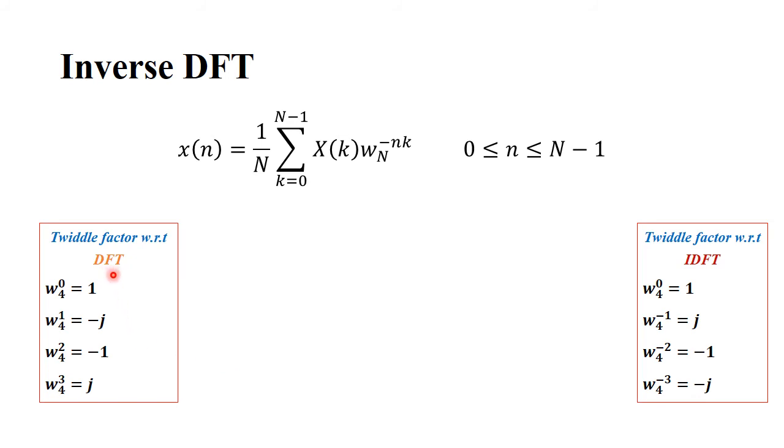So once you remember these values with respect to DFT, you can identify these values with respect to IDFT also. Now these are the 4 twiddle factor values we are going to make use of, provided the given sequence length is equal to 4. If it is 8, then whatever the DFT values we have calculated for 8, we need to take their complex conjugate, and then we need to make the solution.